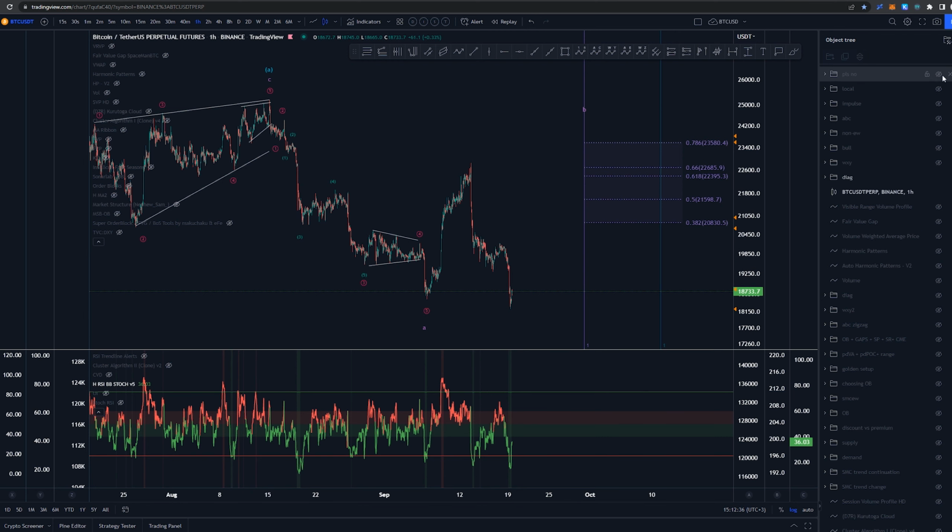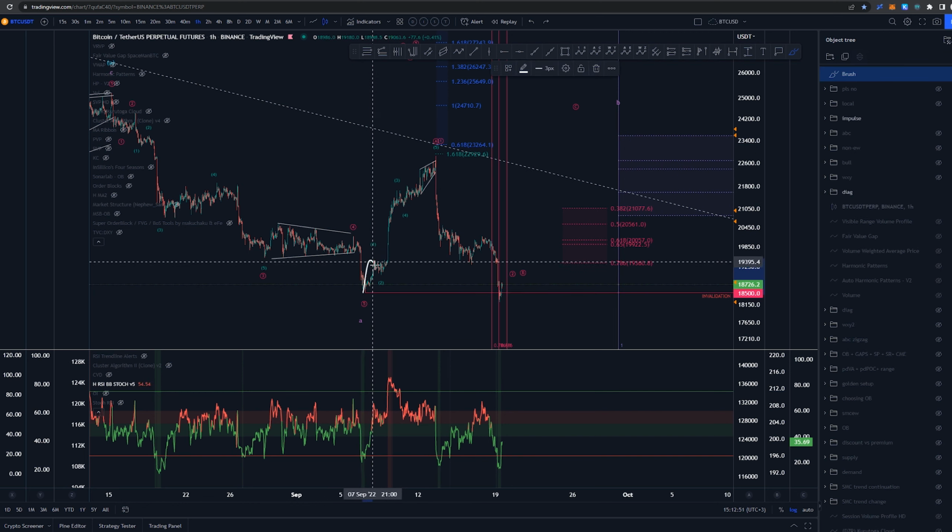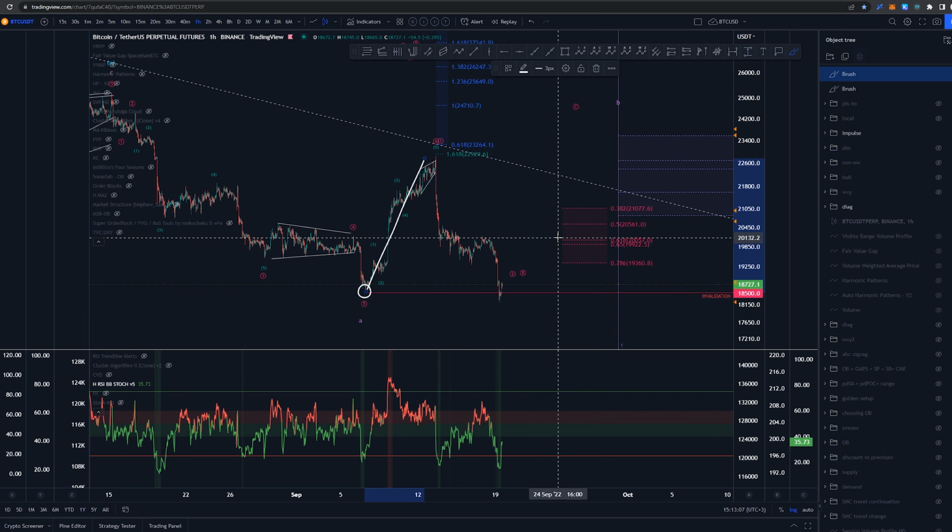Now the previous count was that we had this here as a 5-wave structure. The reasoning is just that it looks like a 5-wave structure: 1, 2, 3, 4, 5 looks very good. We can't invalidate or take out these lows if we want to still play with this, but unfortunately today we did that. We took out these lows and this can no longer be a 5-wave structure,